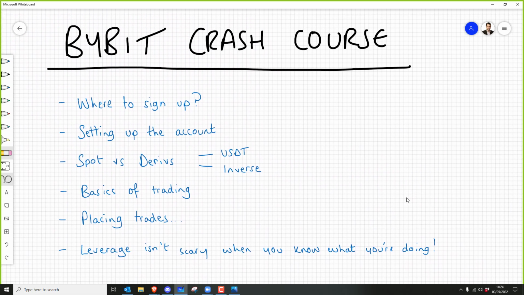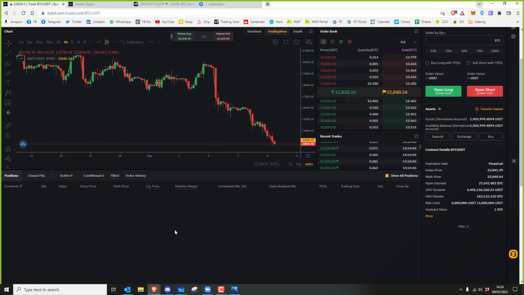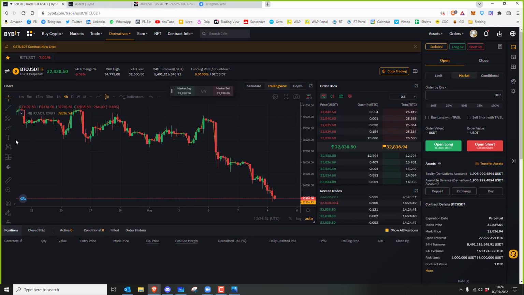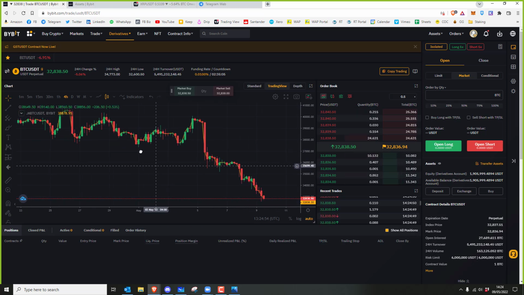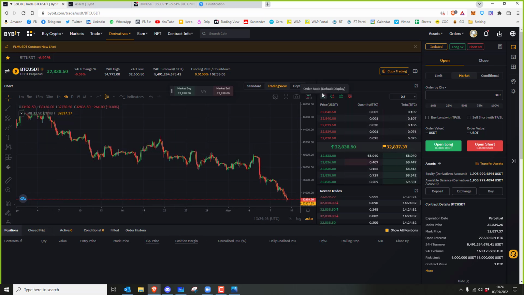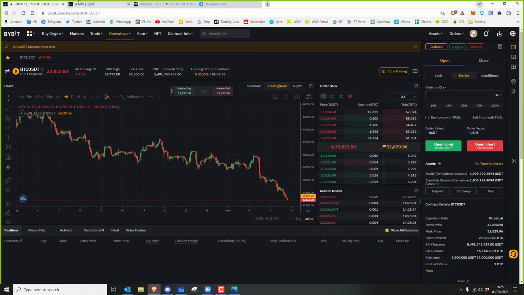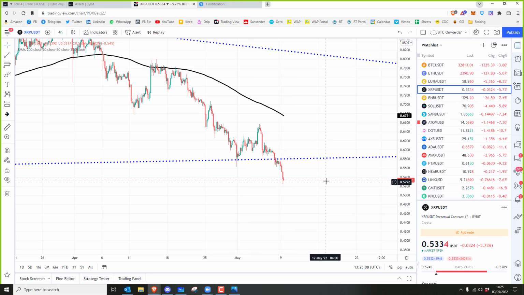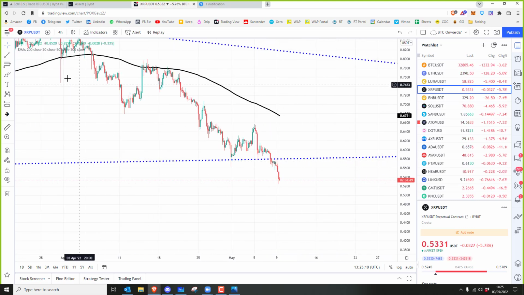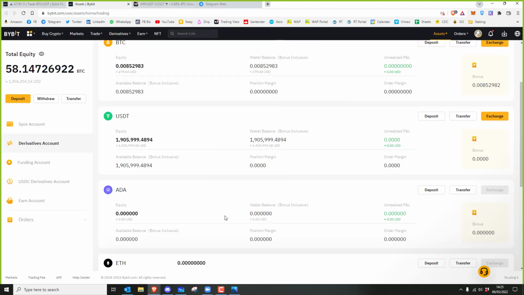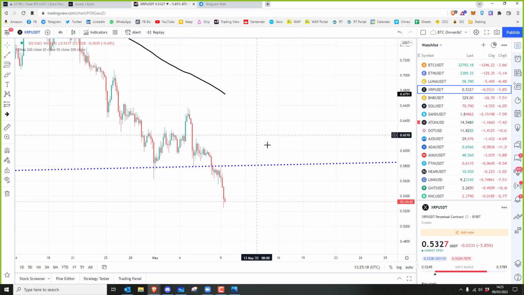So you'll see that I always use TradingView in conjunction with Bybit. Although Bybit uses TradingView charts, do not use these charts. The window is far too small, and I find it's a bit of a pain clicking expand, and you just don't get the right picture. It's just not user intuitive. So I always use TradingView to view my positions, etc., and then Bybit to execute the trades. So try and do that.